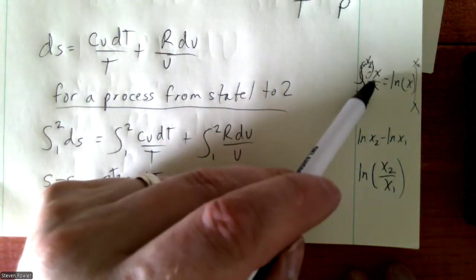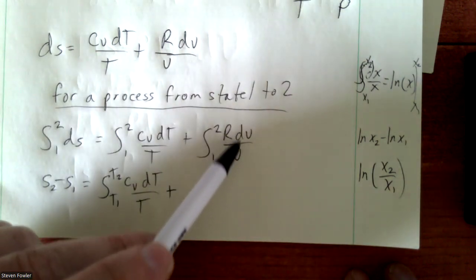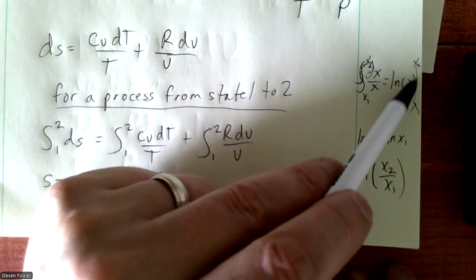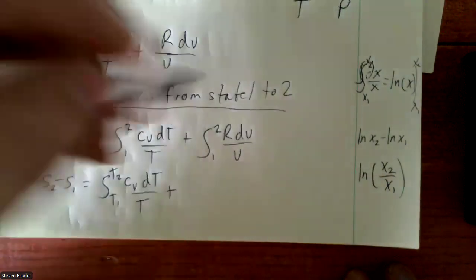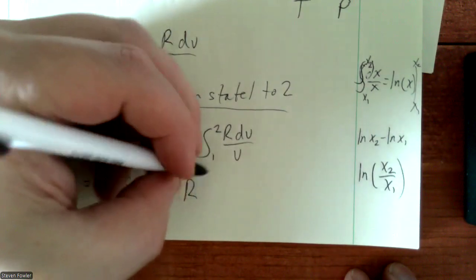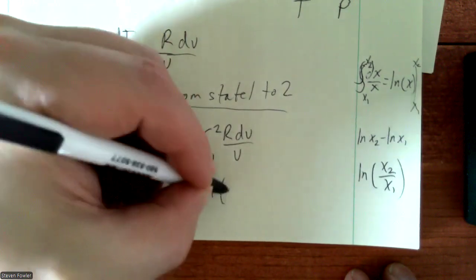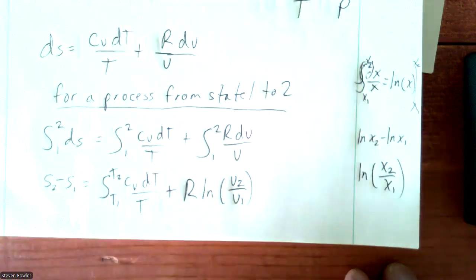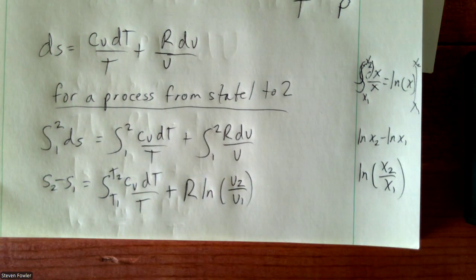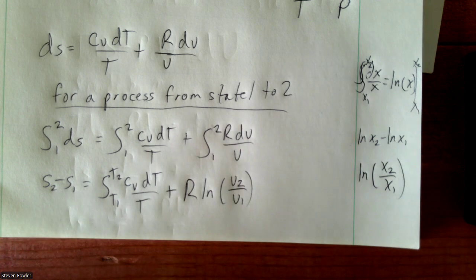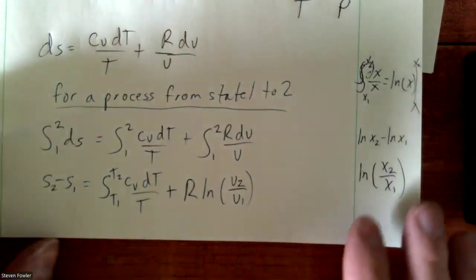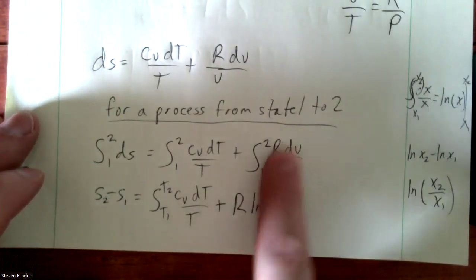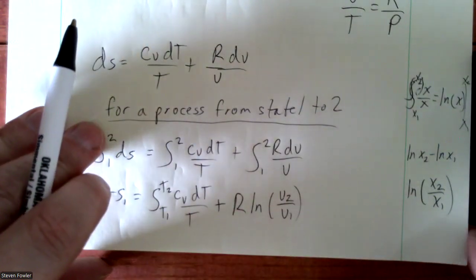So if I apply the same logic to integrating dv over v, this becomes the natural log of v from v1 to v2. So it just becomes R times the natural log of the ratio of specific volume 2 to specific volume 1. Okay. So what's next then? Well, I can apply pretty much the same logic I've just done here to go from here to here. I can apply almost the exact same logic